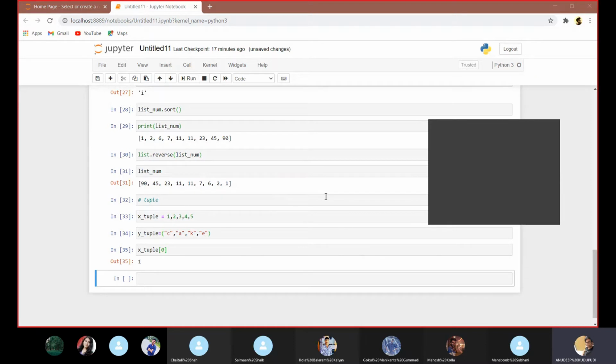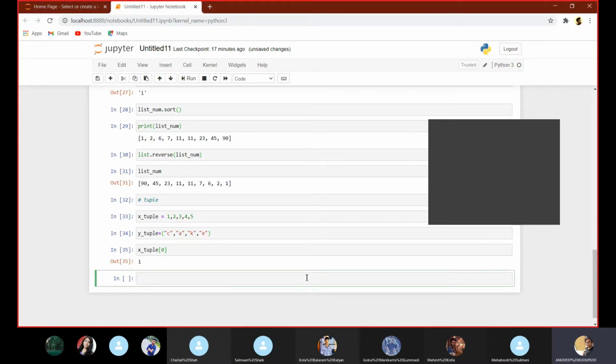Here we cannot change the value inside a tuple. Let me show you that. If I try to change the value inside a tuple, it will throw an error, because a list is mutable, but tuples are immutable.